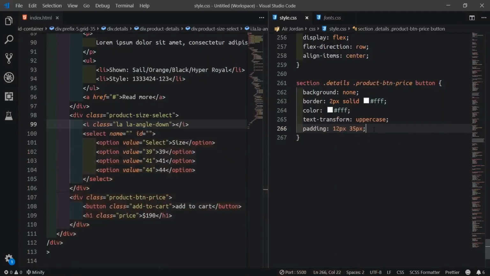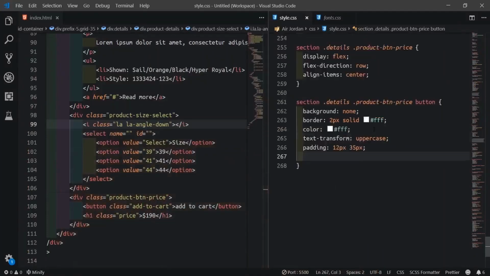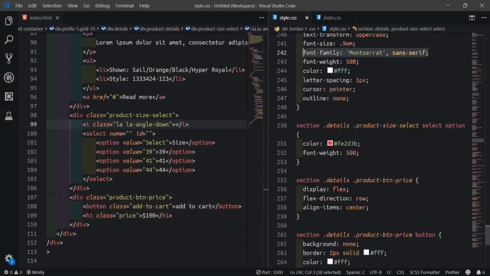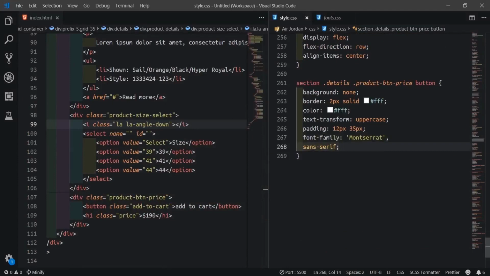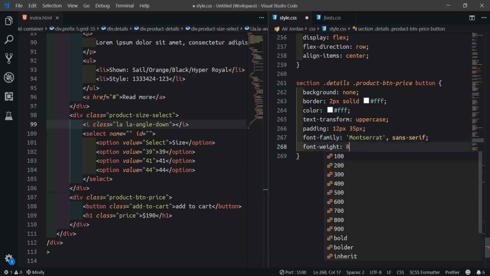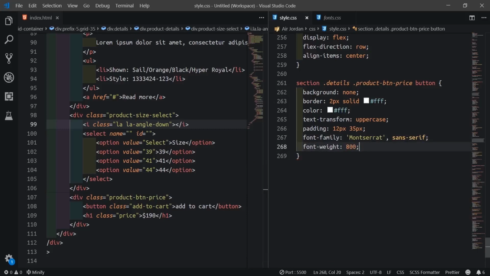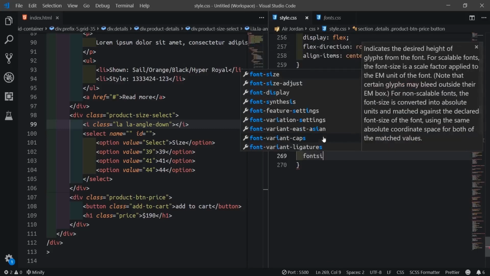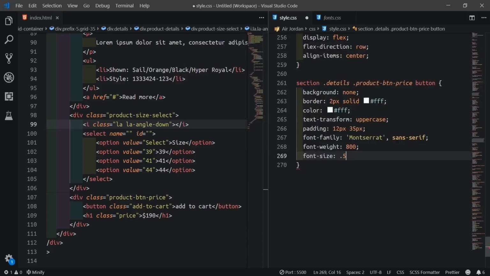Okay, if you come down, font family will be Montserrat, so I might just copy this one here. Go with Montserrat, and font weight to be like 800. Font size like 0.5 em.